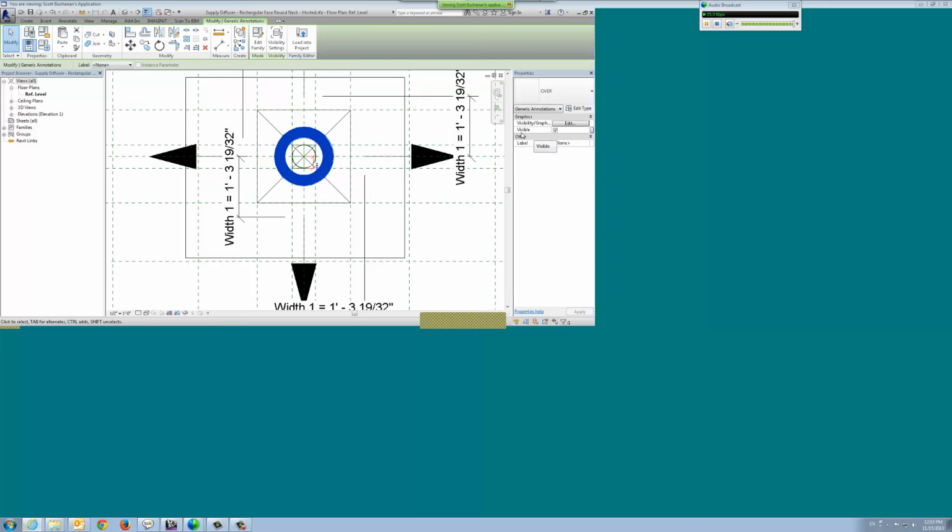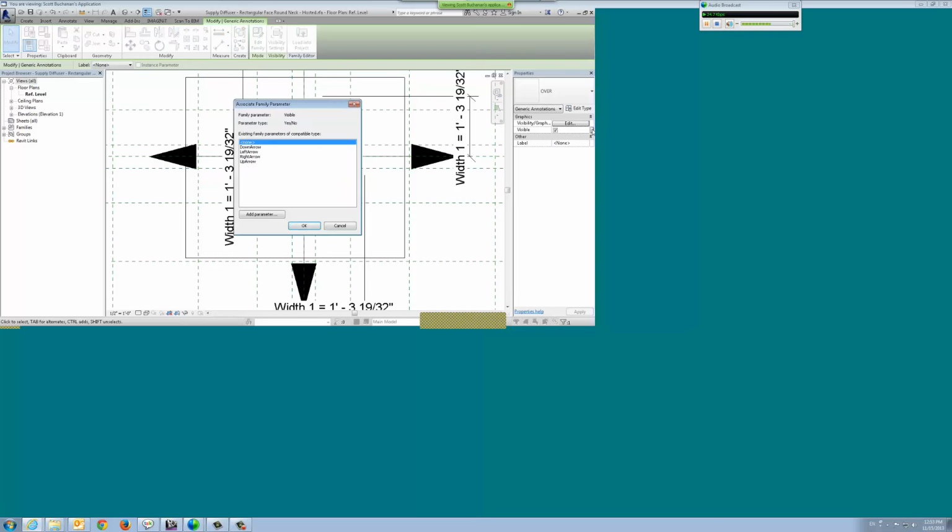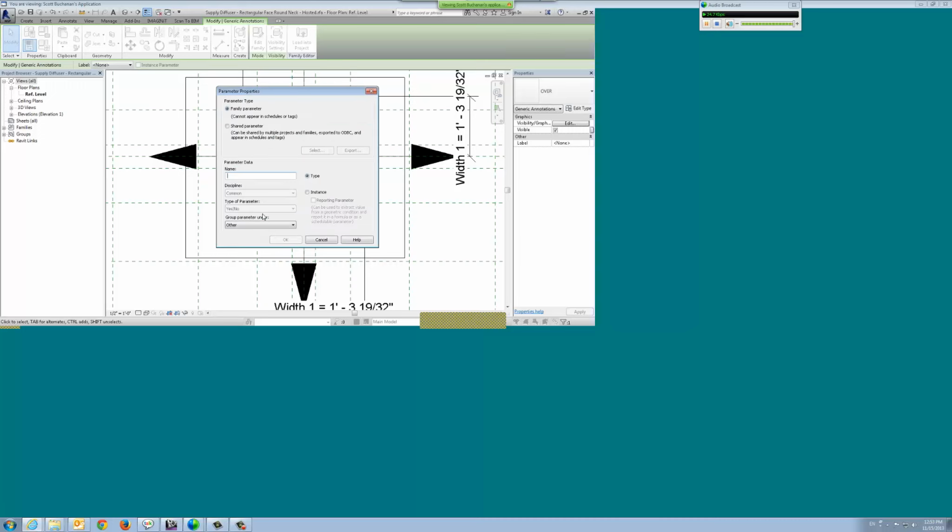So if I select the symbol and go into its parameters, I've got the visibility control here, which I can associate to another parameter. Now I can build the parameter up front, or I can backdoor my way in there and jump right to a yes/no parameter creation. So if I go ahead and hit add parameter, again, I'm just going to stick with that generic